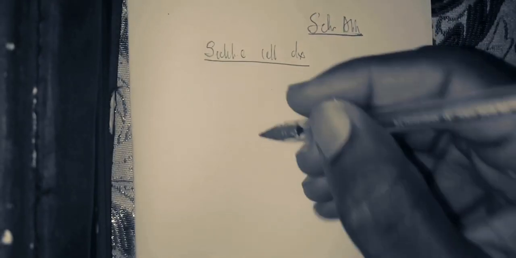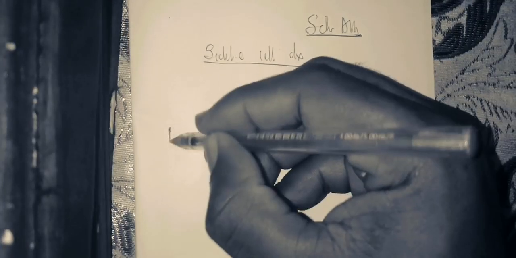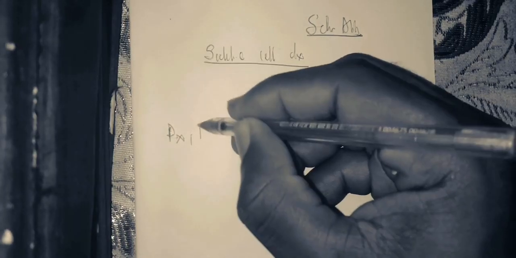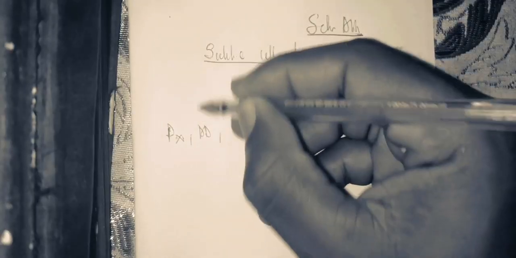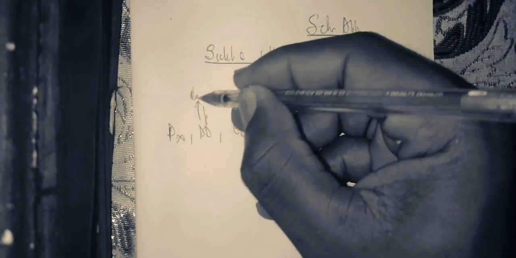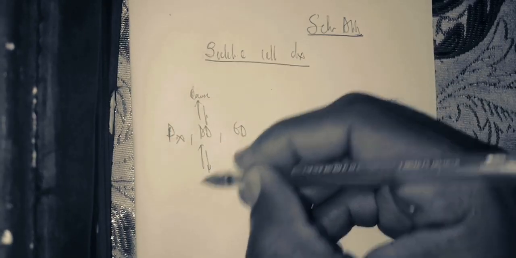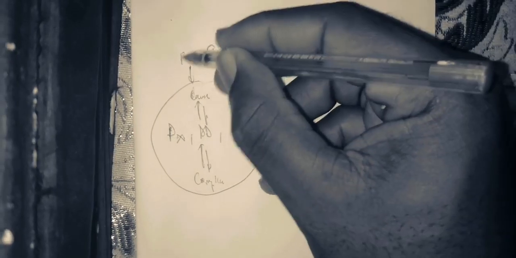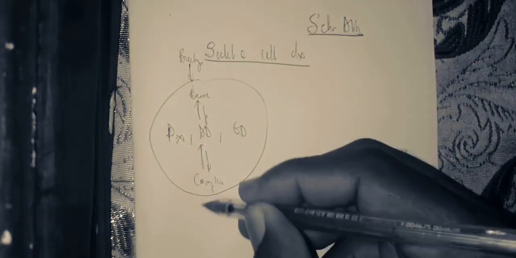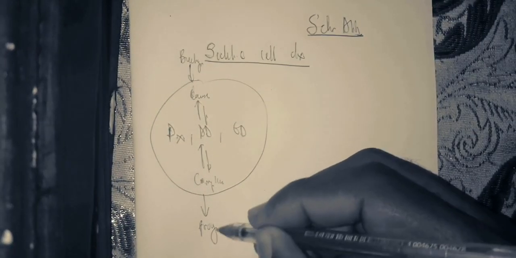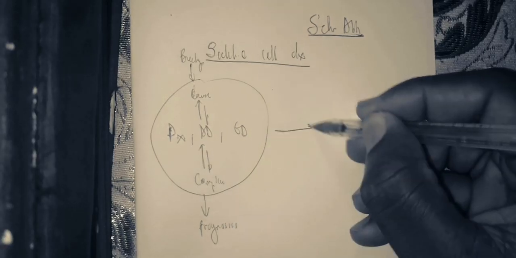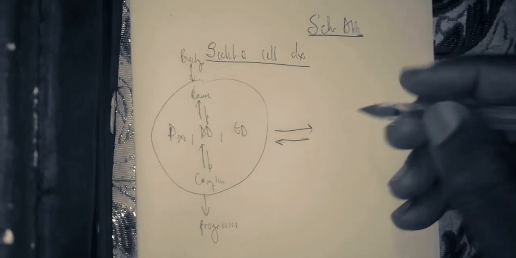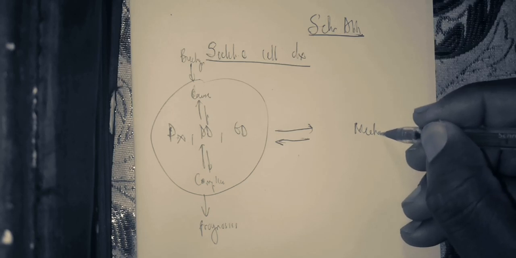Now, to see sickle cell disease, we're going to use the algorithm of the disease: the differential diagnosis, the endemic disease, the cause, the complication, the background, then down the prognosis. And this diagram is going to correspond to a theoretical diagram of the mechanism of the disease,